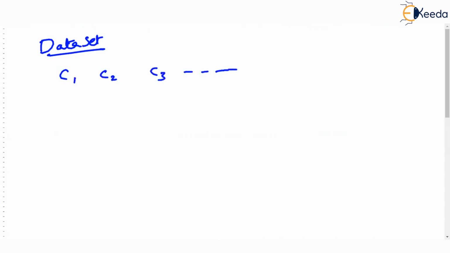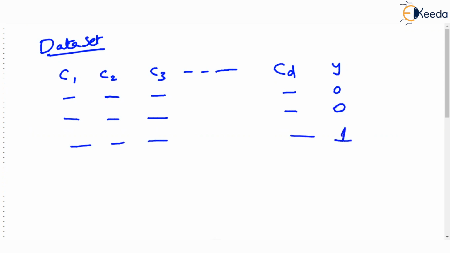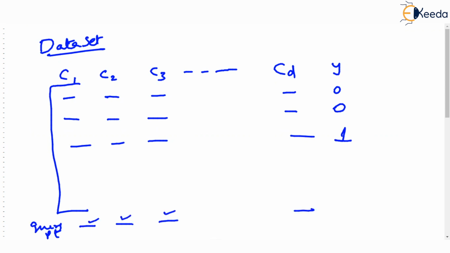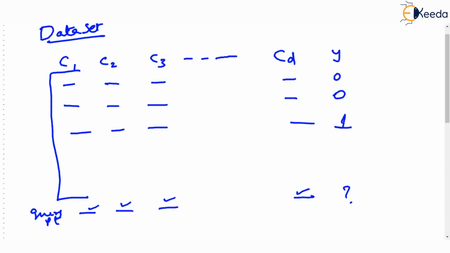suppose there are d columns. Just imagine we have 10 columns like this. So we will have some 10 values over here, and there is an output column which can be 0 or 1. Correct? And there are many such rows, that means many such points for which the output label is given. Imagine this data set is given, and now we are given a query point with all these d values. You want to predict the output. What would you do then?